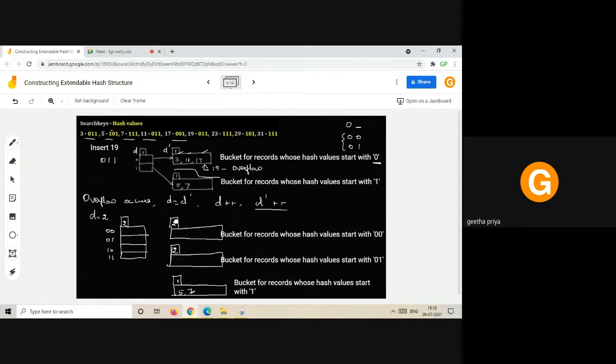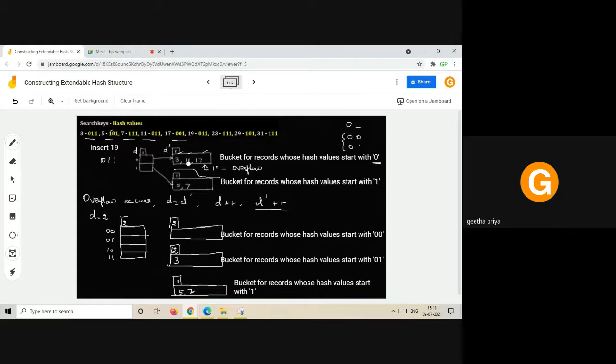With 0 alone I could not place all the records, right? So if the hash value of the record starts with 00, it will go to this bucket. If it starts with 01, that record will be placed into the other bucket. Now check for 3, it is 01, right? It will go to this bucket.